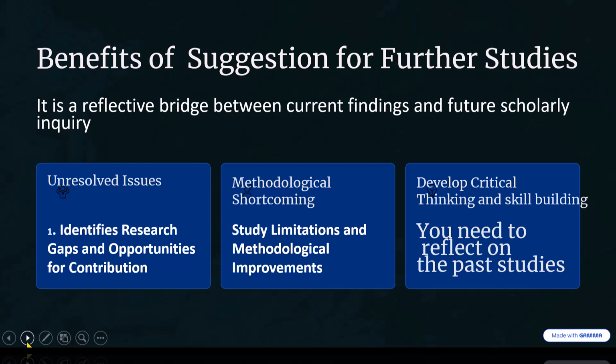Then you can look at methodological shortcomings. In the suggestion for further study, they usually mention methodological shortcomings. That means this is what we could not do because of time constraints. Your own area of research could do that. Maybe you have more time or resources or so and so. For instance, I did a work